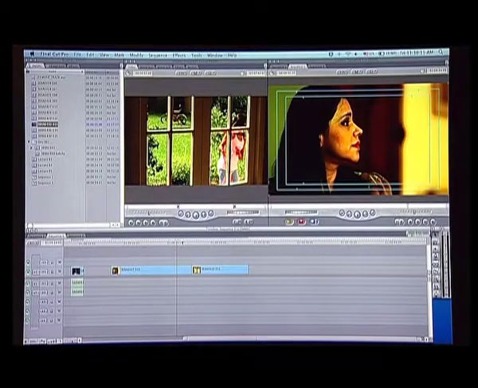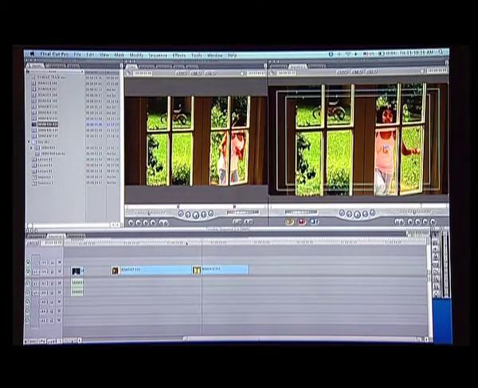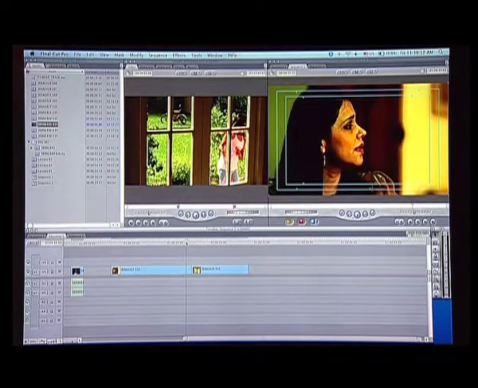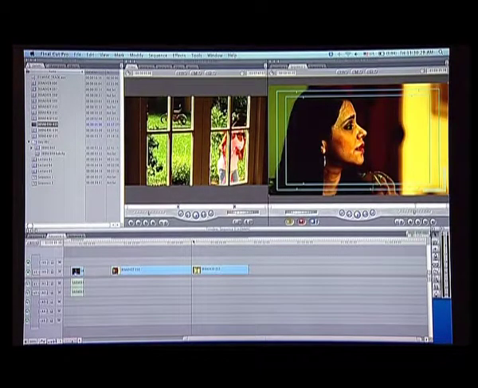Now, if you are satisfied with your cut point, let's see what more you can do with your edit. Here, we have two shots placed one after the other, and I have a normal cut. In case I do not want a normal cut, I can have transitions here. In this case, if I go to the cut point and say, for example, I want to dissolve into the next shot, I select the